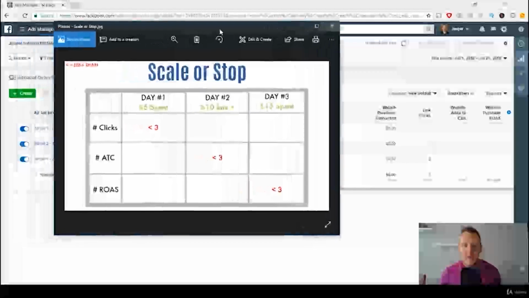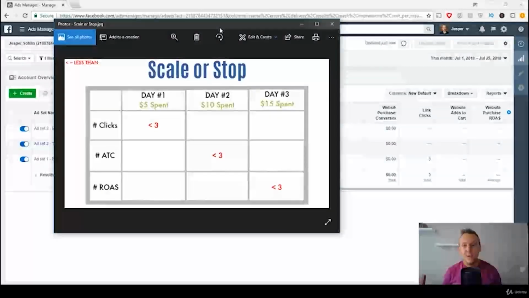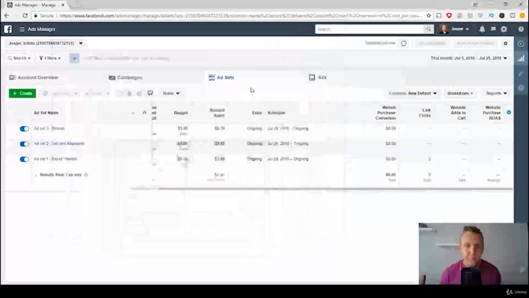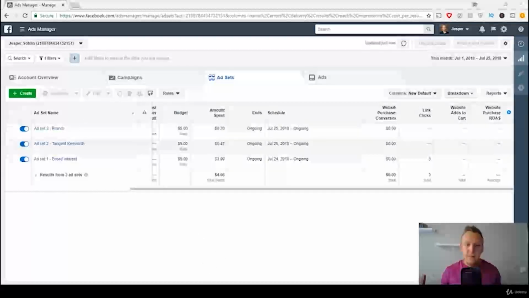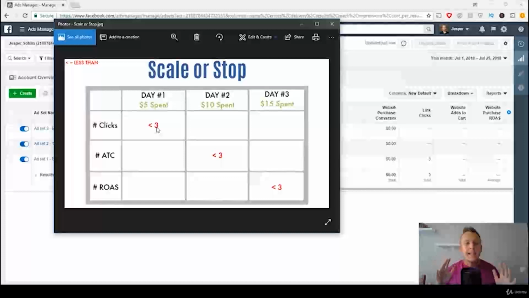So this is the current template that we will be using to figure out if we're going to stop or if we're going to scale our ads. So here are the rules, and it is super duper simple. Now for day one, with 24 hours, that is, when we've been spending $5 on our ad set. Remember, this is an ad set. We're currently on a budget of $5. Now, the rule is, if you have at least 3 clicks, it gets to move on to the next level, which is day 2. If it has less than 3 clicks,